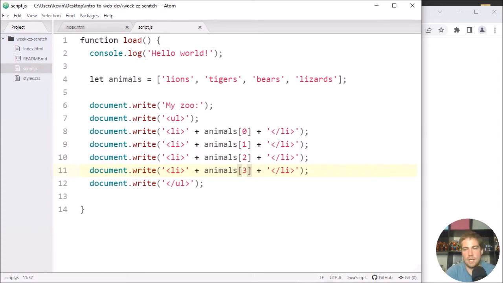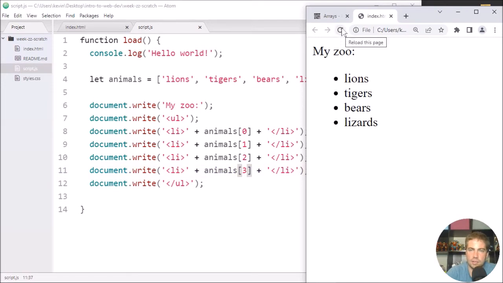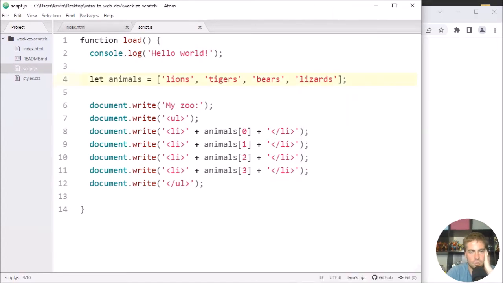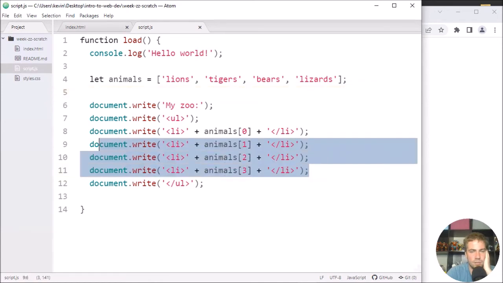And I'm going to save that, and I'm going to refresh, and hopefully nothing has broken. And okay, cool. So we are doing the same thing with only a single value that contains or points to an array, which itself contains 4 values. And that's better, I think. It's kind of debatable, I guess. But we're still doing this kind of